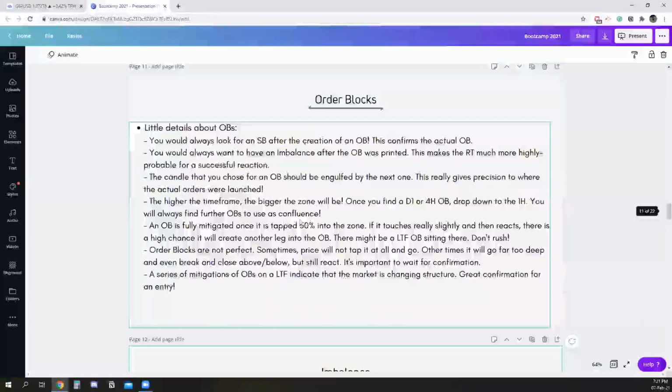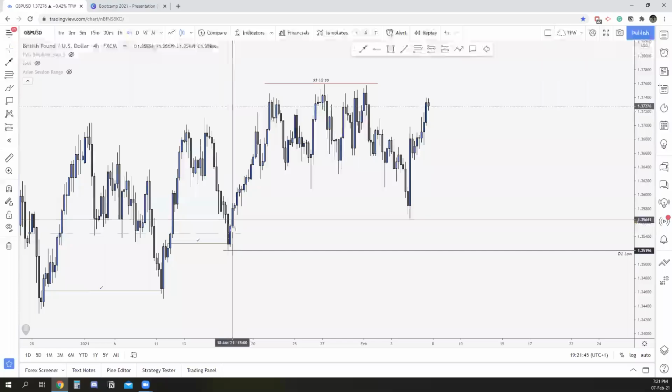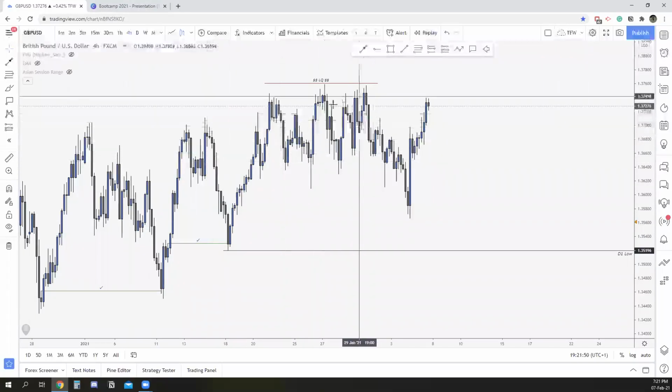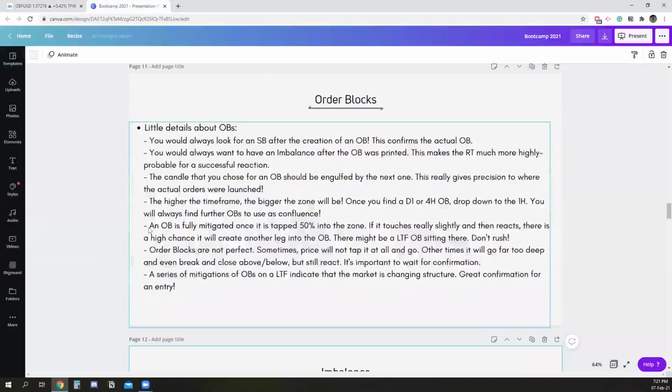And let's see. Yeah, again, order blocks are not perfect. So if you're trying to force them too much, just give up. Try to find a time frame that looks good and leave it there. Don't try too hard, because if you see an order block, it should be clear. It should be exited out of momentum. It should be a clear indecision candle, let's say, and it should just look good. If you try to force something like this right there with all of that noise, it won't make too much sense. So don't go for it. And yeah, of course, order blocks are not perfect.